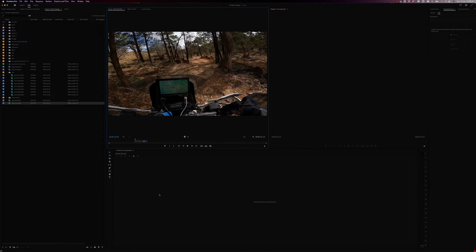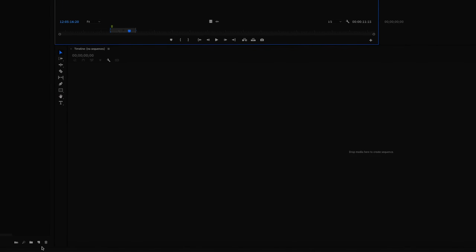Okay, I use Adobe Premiere Pro as my editor. And again, this is not a tutorial on how to use it. I'm just showing you my specific settings. I've created a project in Premiere Pro. Now, probably the first thing that's worth showing is my sequence settings. So if I go in and create a new sequence,